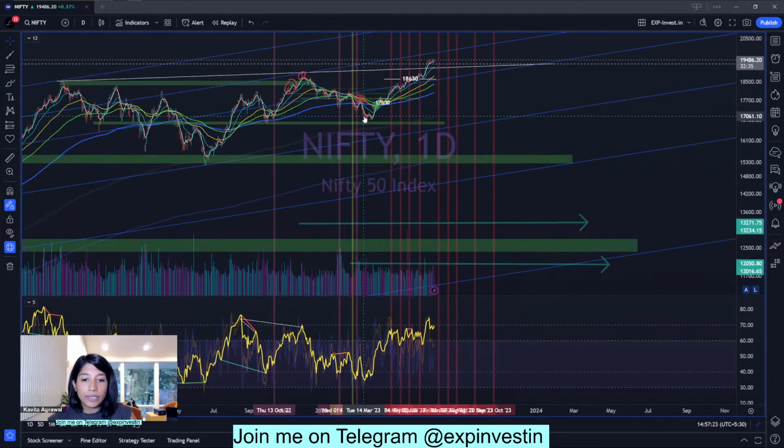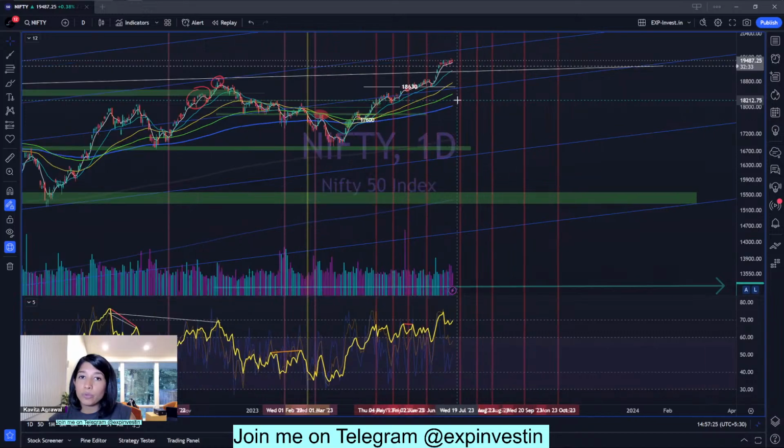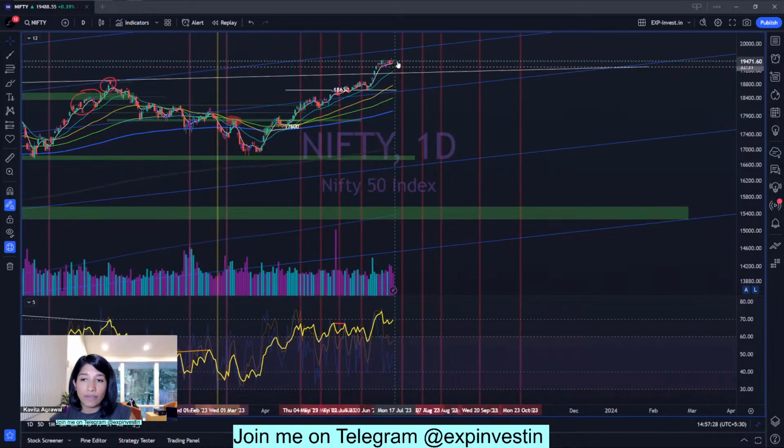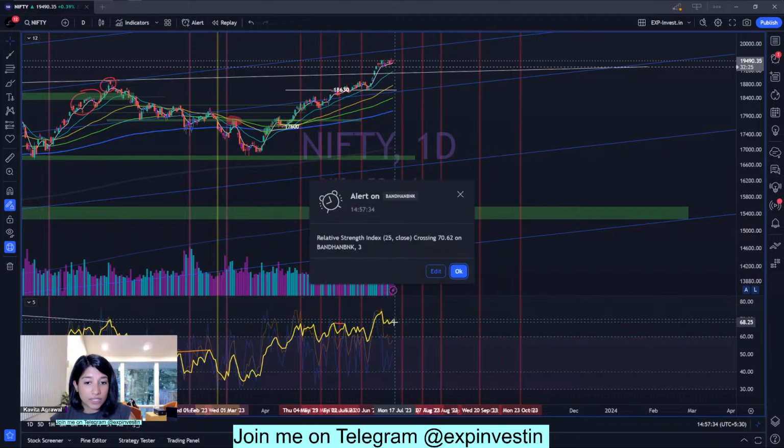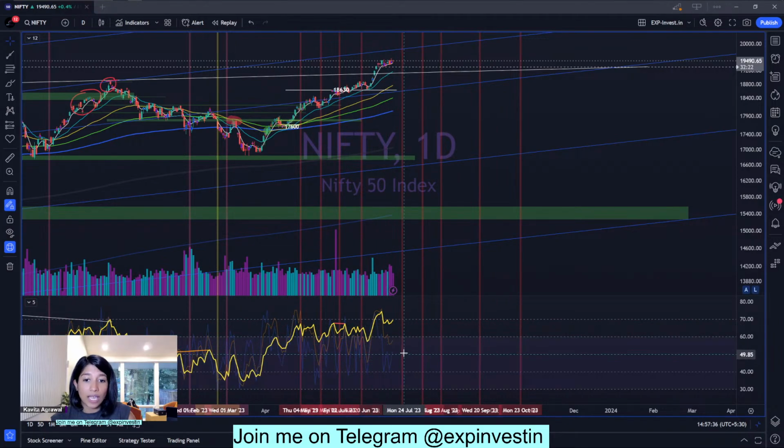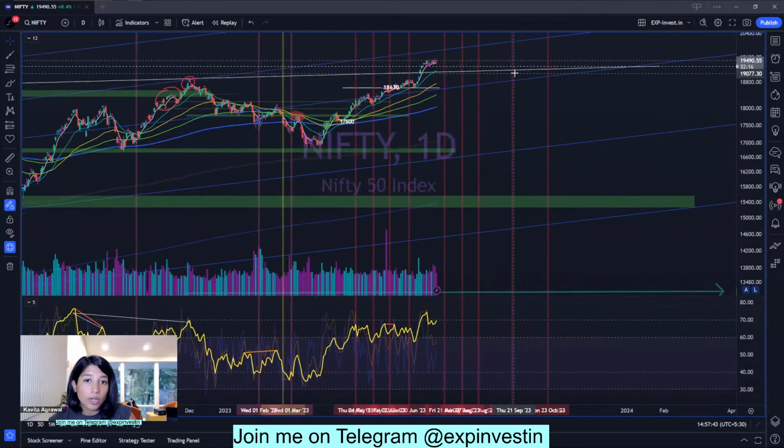Taking a quick look at the daily time frame, it looks very positive, very bullish, because there is no sign of negative divergence. The trend is really strong. RSI is above 60 and quite stable as well. So this loss of momentum that we might be experiencing looks more like a hiccup.